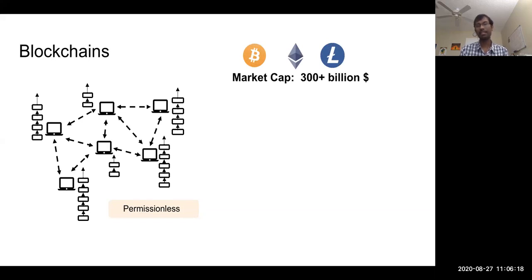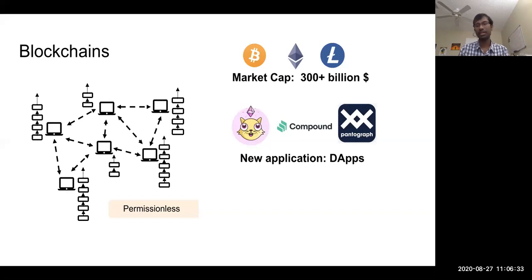Now, since the introduction of Bitcoin in 2008, a number of other cryptocurrencies have been developed, and today the market capitalization stands at more than $300 billion. In addition, there are also decentralized applications, or dApps, that are increasingly being developed based on blockchain technology. And these dApps strive to remove any digital intermediaries, such as a middleman standing between a seller and a customer, for example.